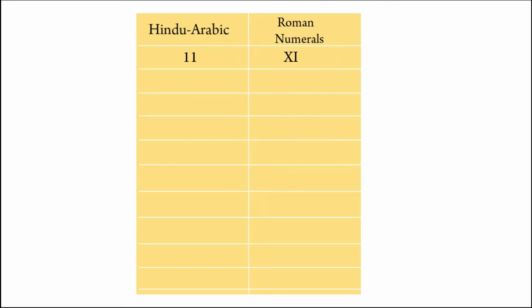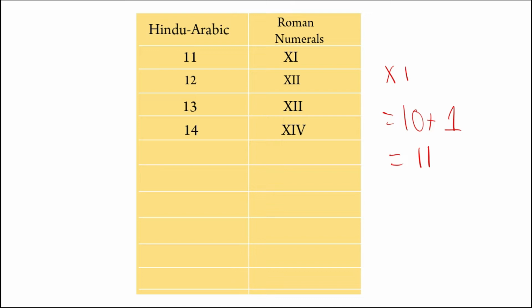Next is Hindu Arabic and Roman numerals. 11 is known as XI. So it is the same, X plus I. So X is 10 and I is 1, and because I is at the right side of 10, we will add. So it will become 11. 12 is XII, 13 is XIII,